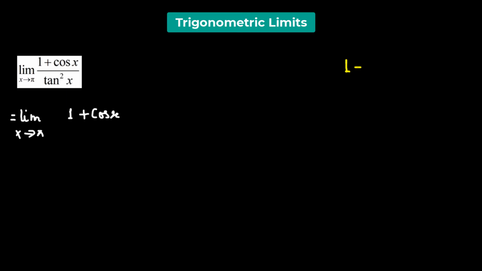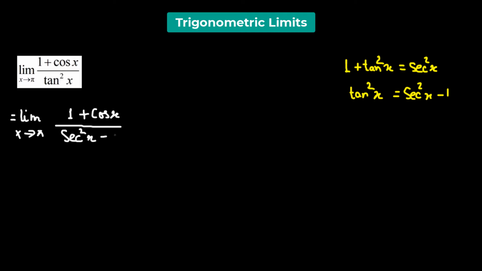We can use the identity that 1 plus tangent squared x is equal to secant squared x. So that means we'll have tangent squared x equals secant squared x minus 1. So let us replace it with secant squared x minus 1 in the denominator. Now also the secant function is the reciprocal of the cosine function. So we'll have the limit as x approaches pi of 1 plus cosine of x divided by 1 over cosine squared x minus